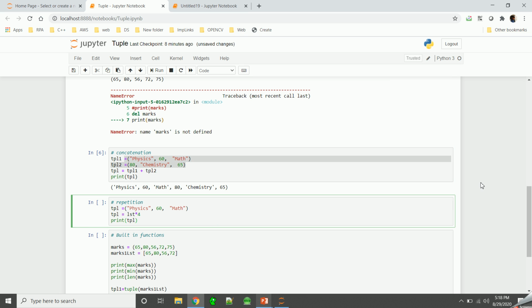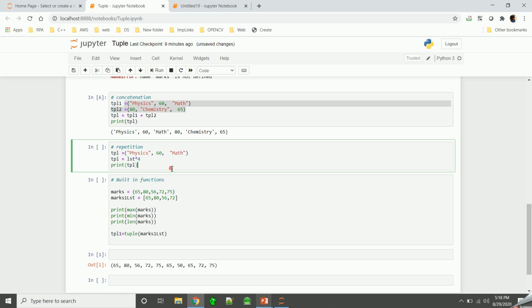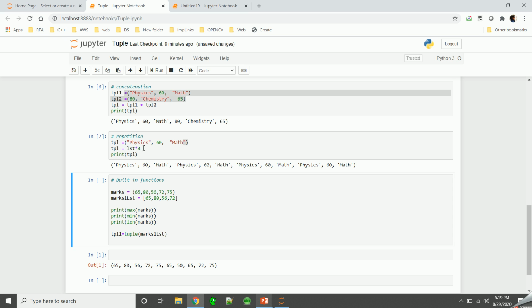Okay, so the next operation we have is repetition. Basically, repetition means you want to repeat the same value multiple times. In this case we have this tuple. Now let's run this and see what is happening. The tuple has 3 elements, and when you multiply this tuple by 4, there is one more mistake over here.